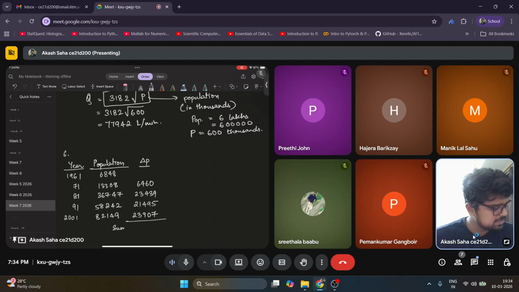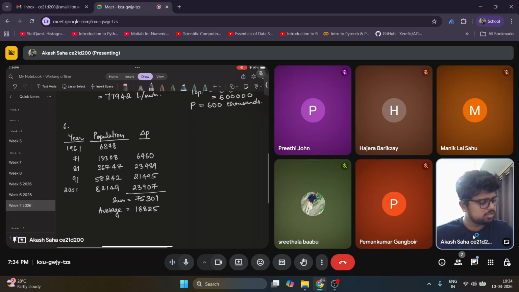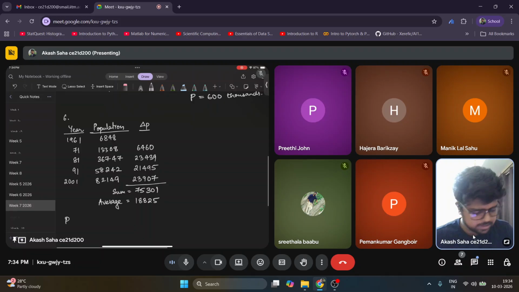Okay, we will find the sum of all this. So sum will be 75301, and after finding the sum, we will also calculate the average. So average will be around 18825. So once we get all this value, so the population in 2041 by arithmetic increase method will be